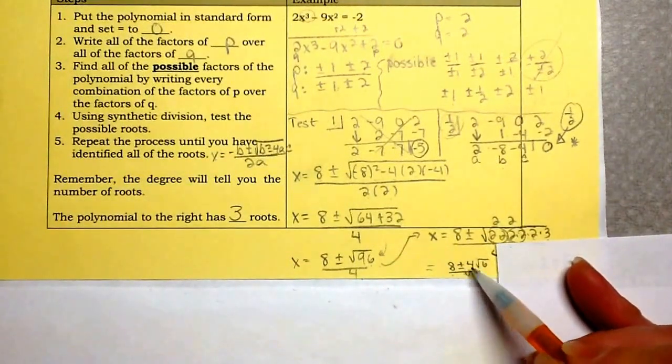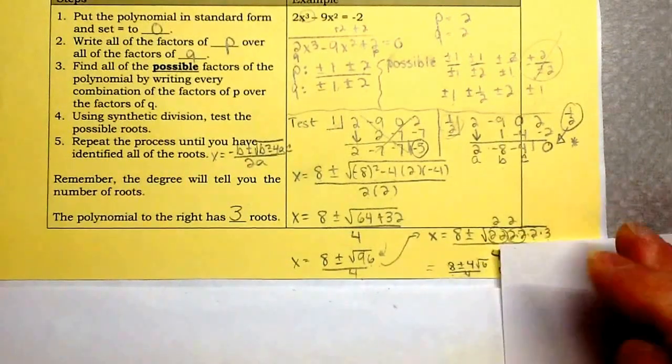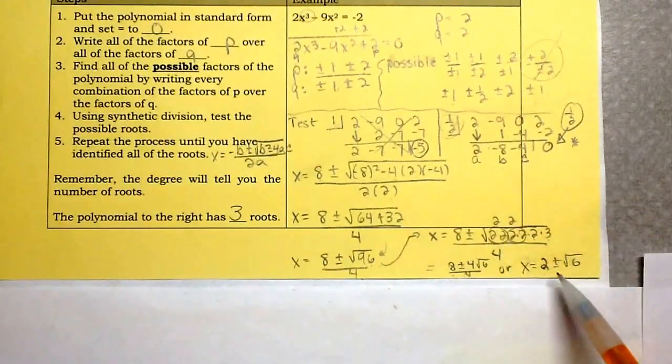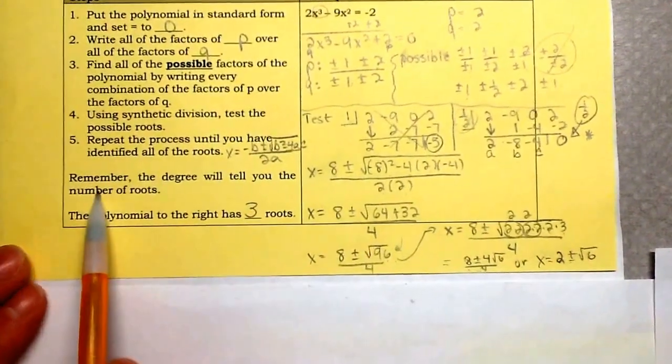Now, this can be reduced. We have to be able to divide all 3 of these by the same number, and we can. We can divide them all by 4. So that is going to give us 2 plus or minus the square root of 6. Now, remember,